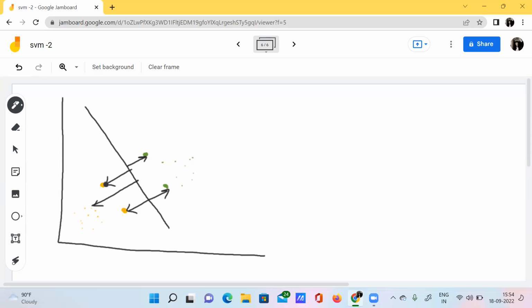Why? Because we need to select the data points which are lying at a very close distance to this hyperplane. So when you look at it, we found four points across both of those categories. In the green category, we found two data points, and in the yellow category, we found two data points which are at the minimum distance. Then what happens? This would be our margin, right?